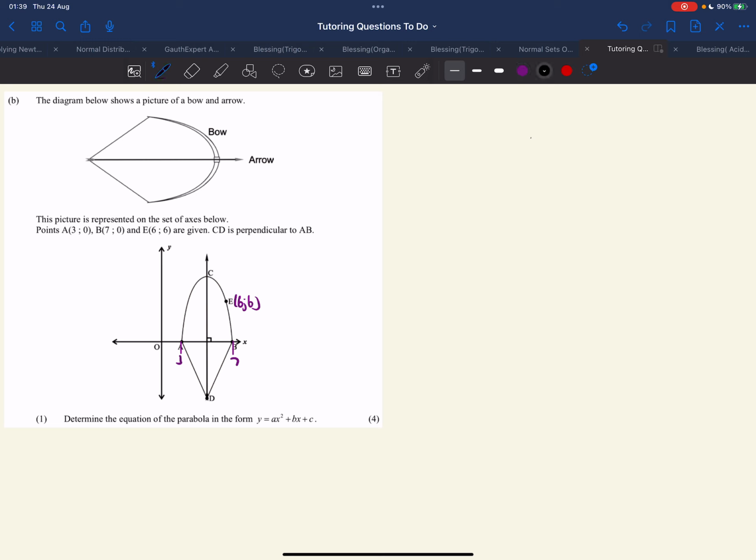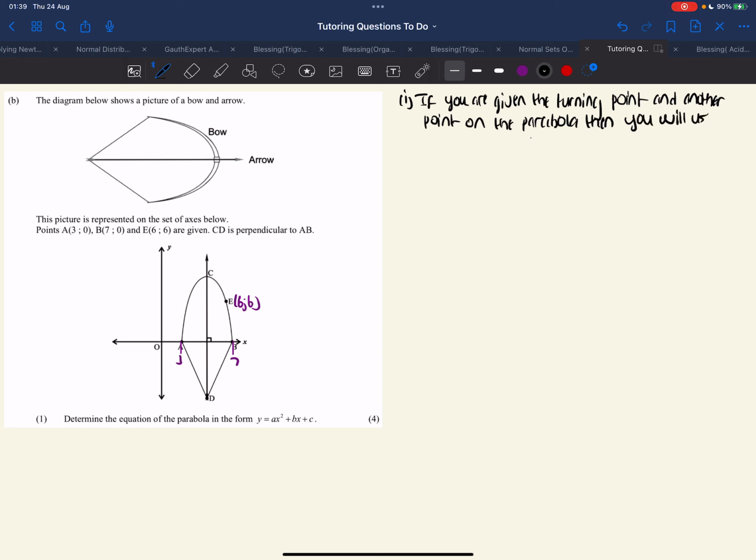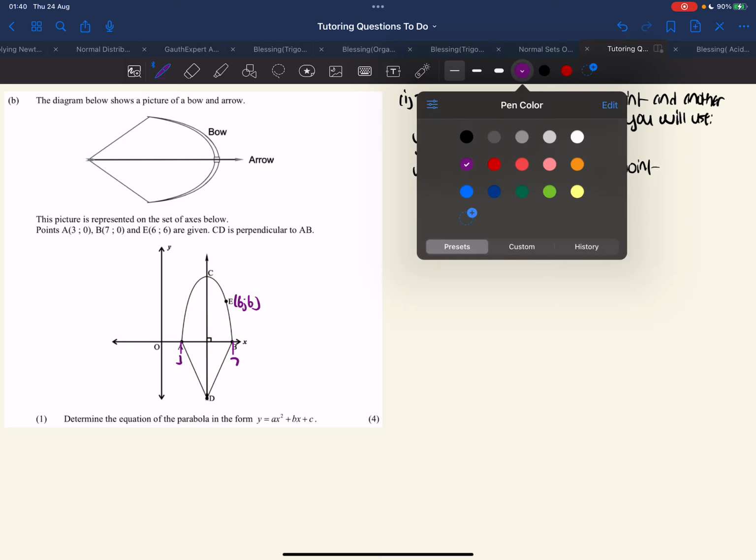Now let me give you those ways. Number one, if you are given the turning point and another point on the parabola, then you will use this equation: y equals a(x minus p) squared plus q, where p comma q is the turning point. All right, and then the other one,